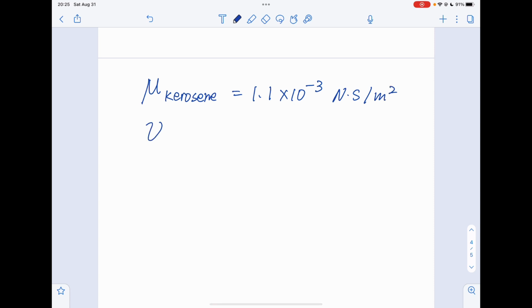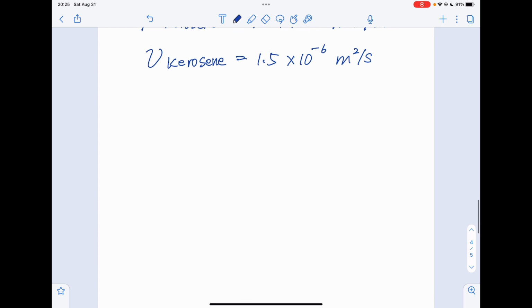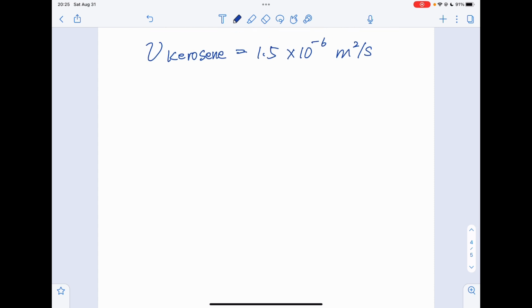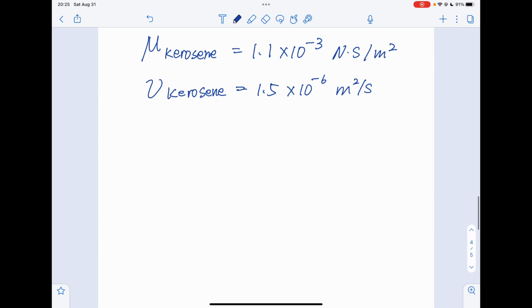And for the kinematic viscosity for the kerosene, it's about 1.5 times 10 to the negative 6 meter squared per second. And for the motor oil, it's quite a long name, so I'll just shorten it to